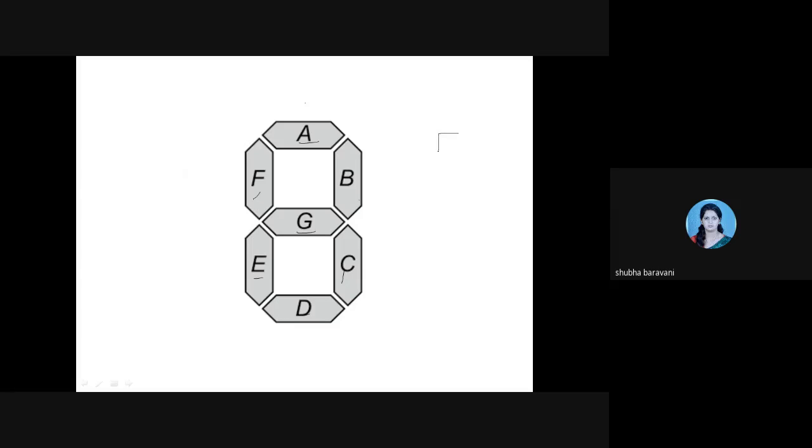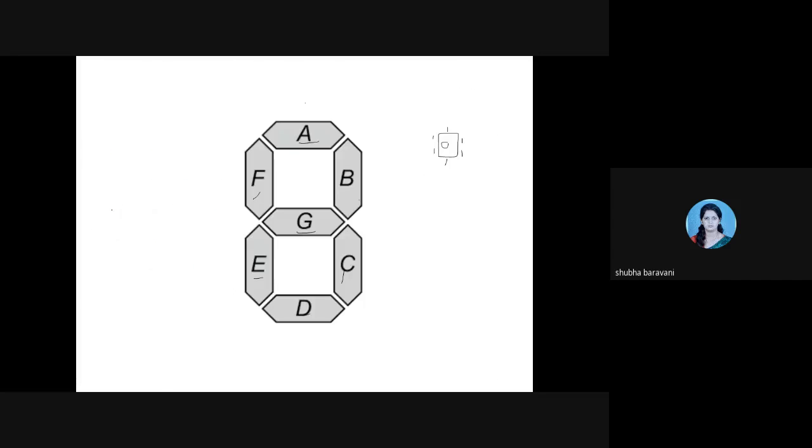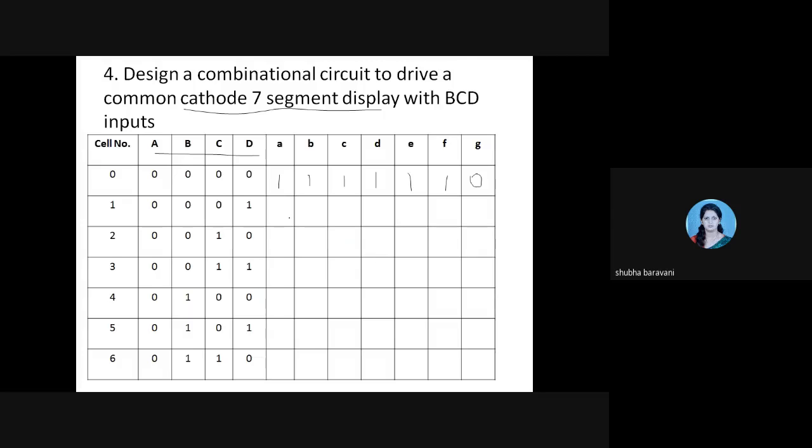So A should be 1, B 1, C 1, D 1, E 1 and F 1. However, G will be 0. So here it will be 1, 1, 1, 1, 1, 1 and 0. For the display to show 1, your B and C will be high and the others will be 0.